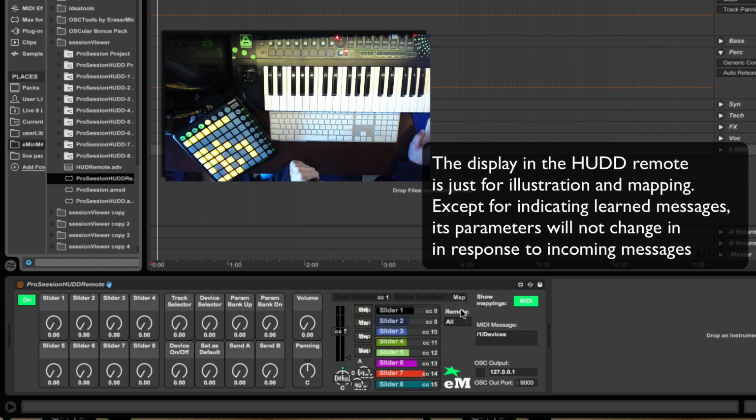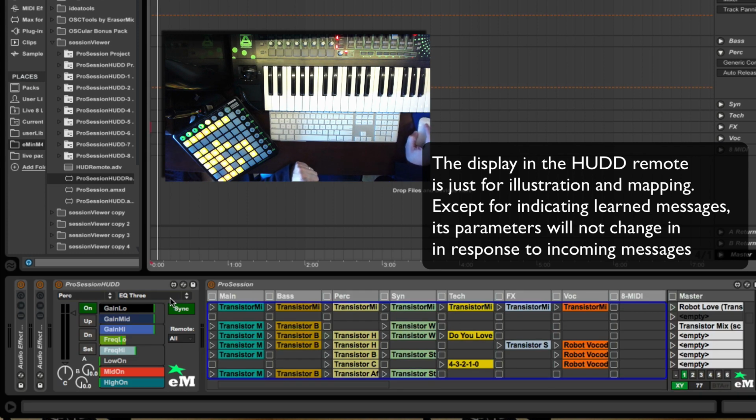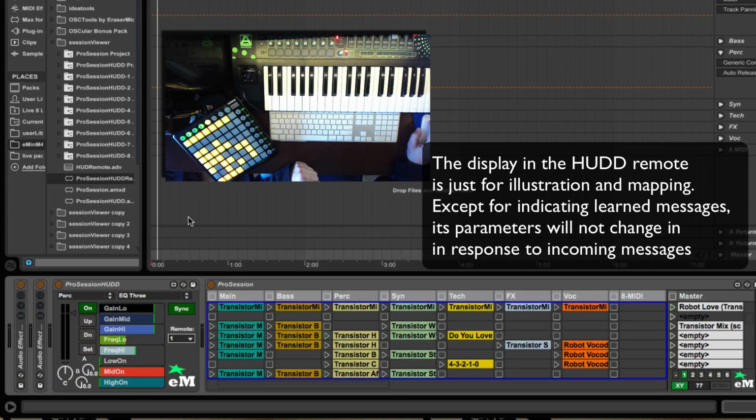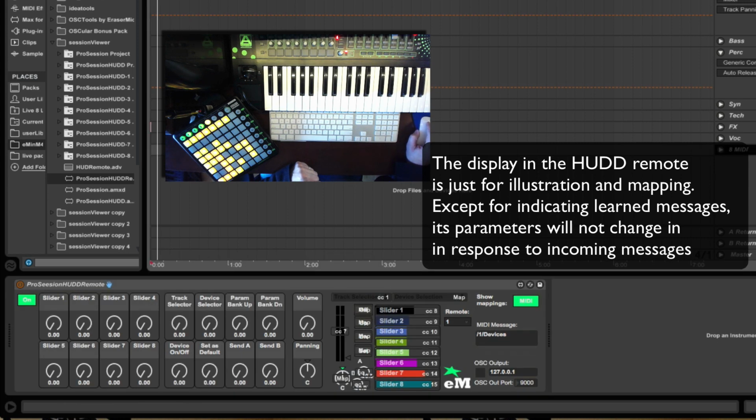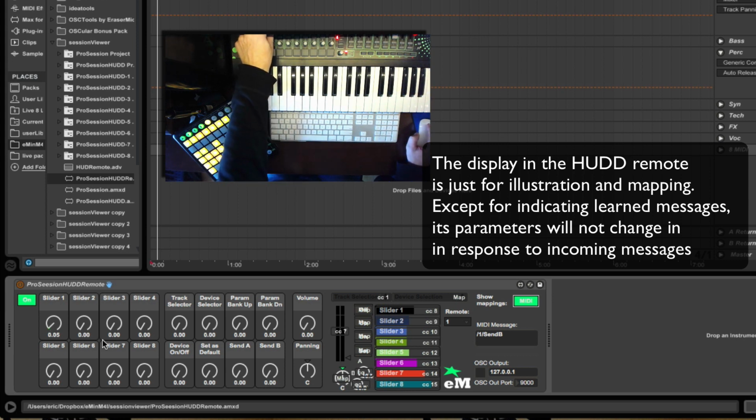Now by default here, I'll link this particular one to the other one that we're at. So I come over here and I'm going to say 1 and 1. Now if I go to this device, you'll see I've got a MIDI map, and I also have an OSC map, and I also have all of the panel dials that you expect in a typical Live device. So if I come over here, it's automatically mapped to my parameters,